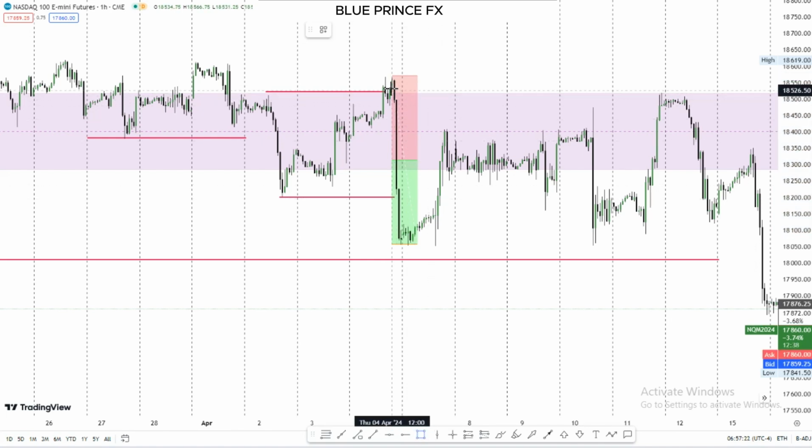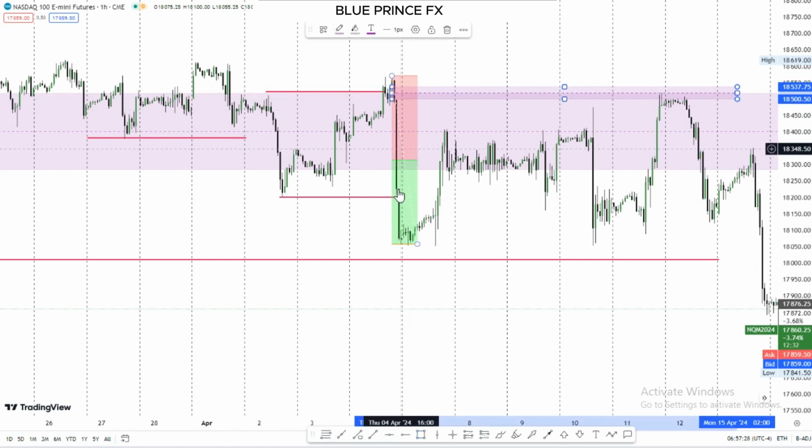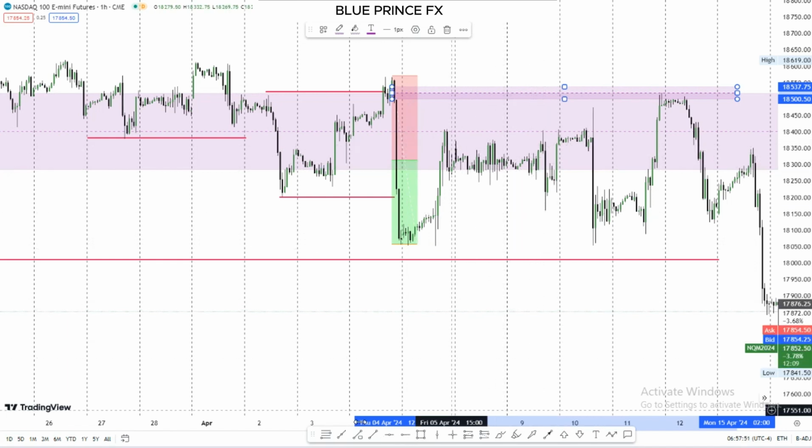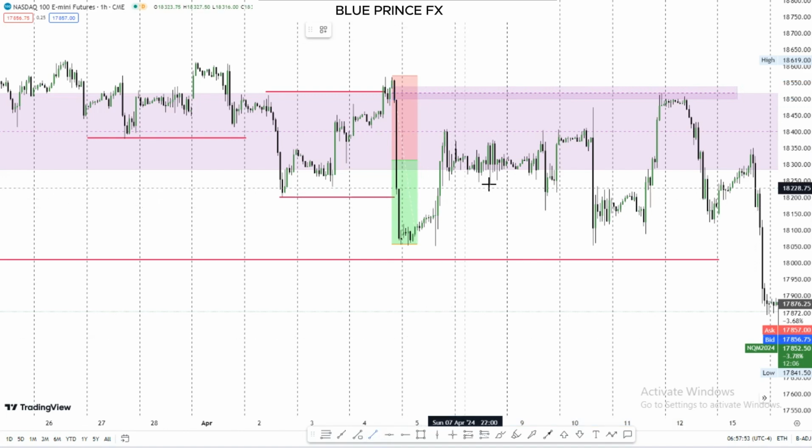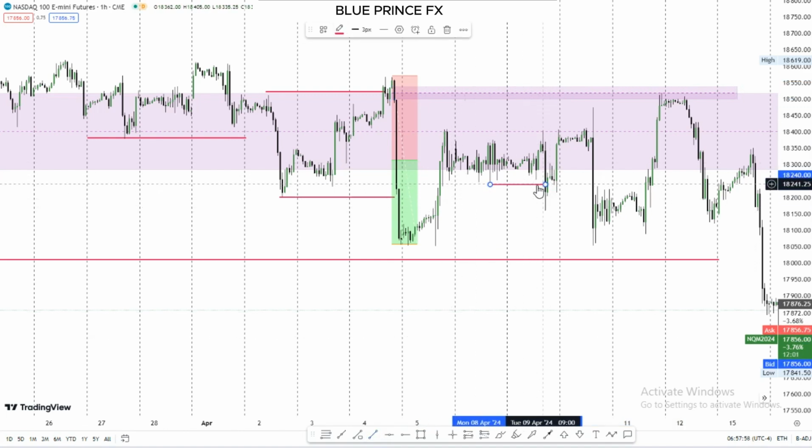The clear fair value gap that we can see in a deep premium market is this one. We cannot use this one because it also falls inside the discounted market. The only one that is fully in the premium market is this one. So from here we expect the market to come into the fair value gap on the 1 hour time frame before going down. Now we have the market making this high, then consolidating for some days, and now we have a clear break of structure to the downside,